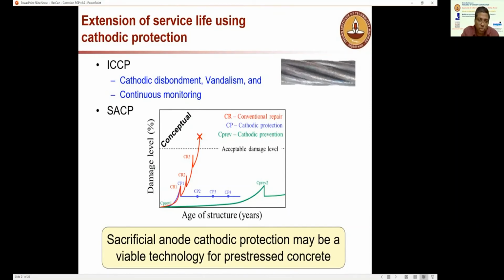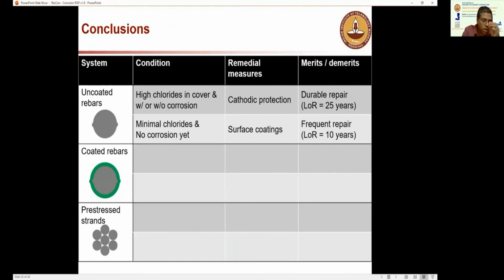So if you are able to detect the corrosion before it is initiated, we have procedures to actually extend the life. To conclude, you can see here on the uncoated rebar case, what is the condition? If you have high chlorides in the cover concrete, with or without corrosion, cathodic protection is possible. And if it is very minimal, that is very early action if we can take, then surface coating is probably sufficient to extend. But at the same time, because of the frequent repair required, then it is better to